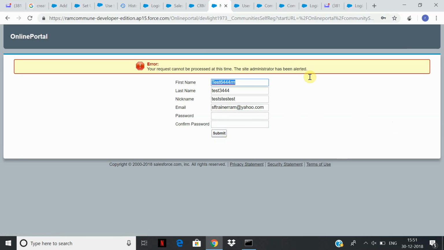If an existing user is there, then it could give you problems even though it is not showing you here. So you have to give something which is